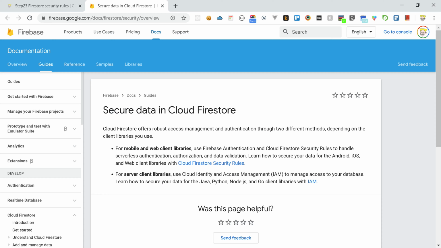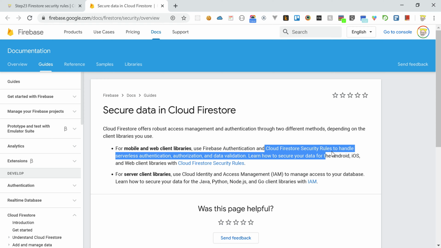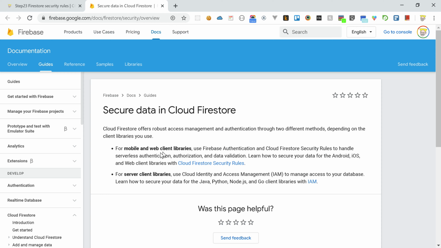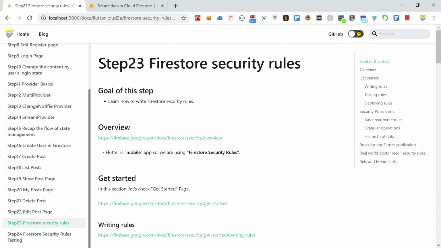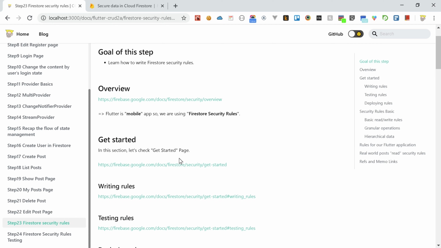Cloud Firestore offers robust access management and authentication through two different methods depending on client libraries. For mobile and web client libraries, use Firebase Authentication and Cloud Firestore security rules to handle serverless authentication, authorization, and data validation. So this is why we are using Cloud Firestore security rules. So go back to my document and go to the get started